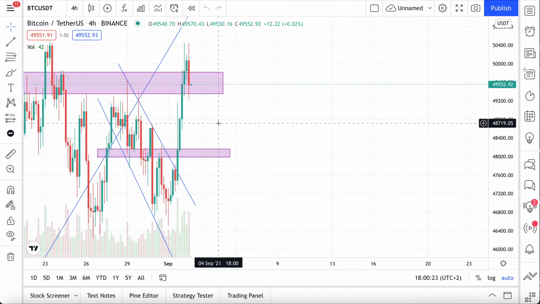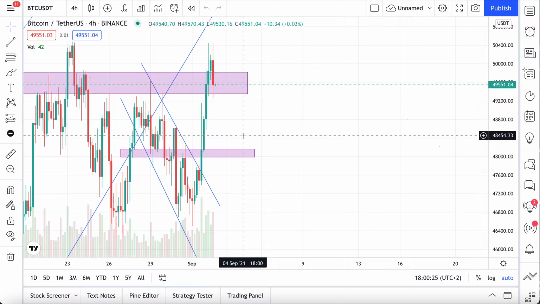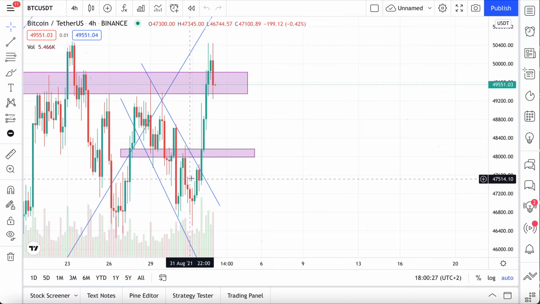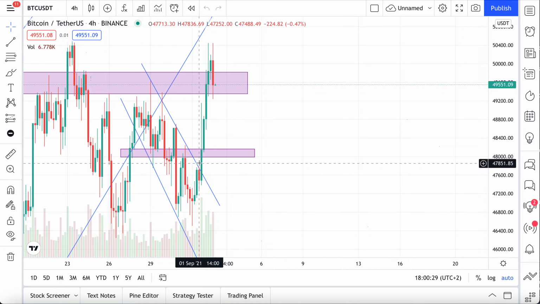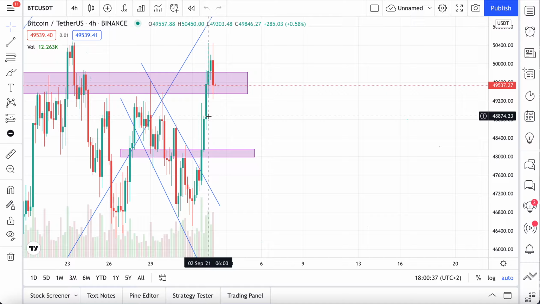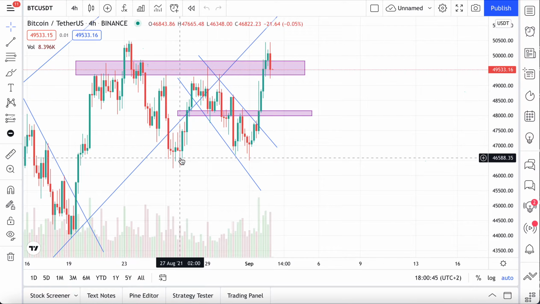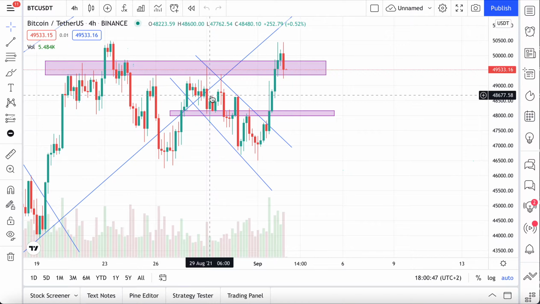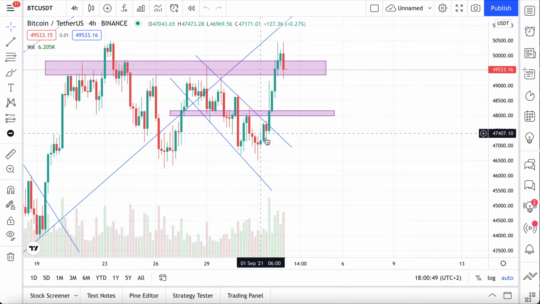And if you traded this, big shout out to all of you guys. If you took this trade with me, because I longed here and I gave you the exact target. You can go and watch the previous video. I gave you a target of 49.2 thousand per Bitcoin, and it exactly reached there and even went higher. So guys, of course it could have played differently. It could have stayed in the channel.